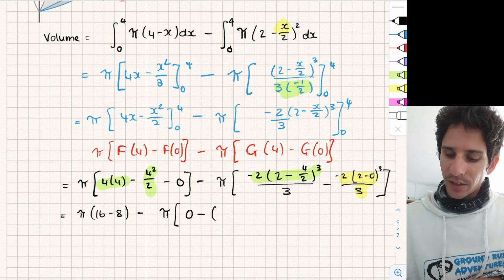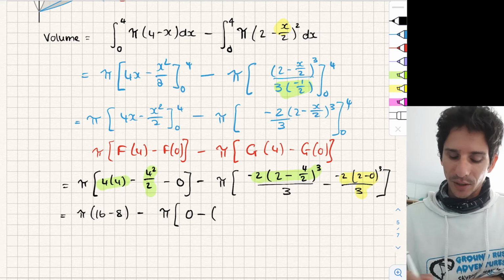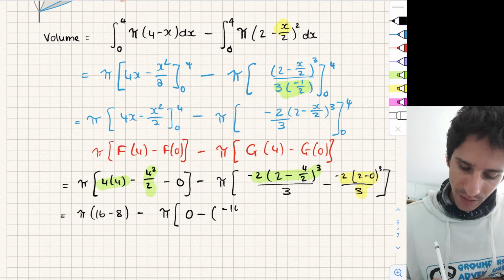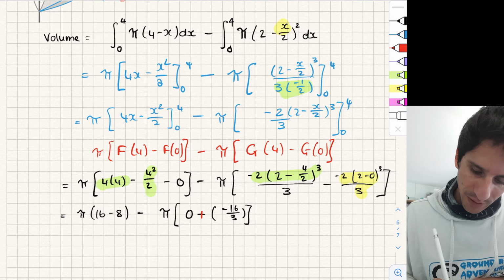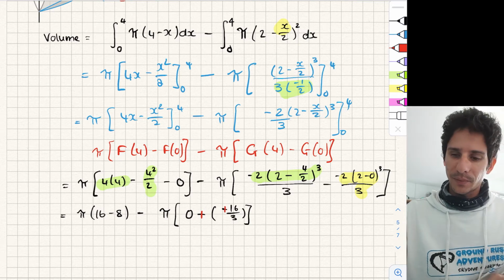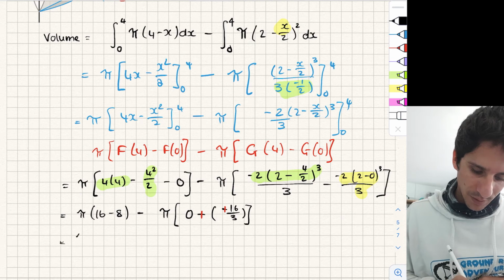And we have 8 times negative 2, which is going to be negative 16 divided by 3. So we're going to have negative 16 on 3. You can see that those are just going to cancel out and become positive. And so what we have here is pi,